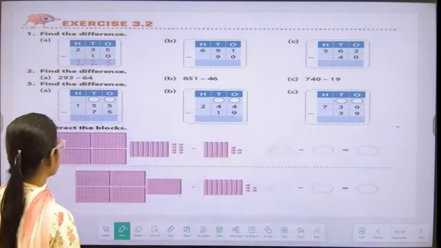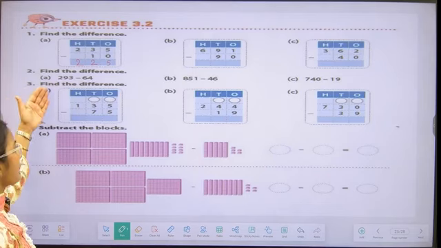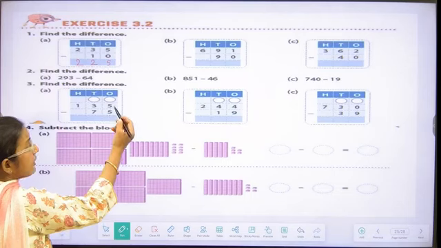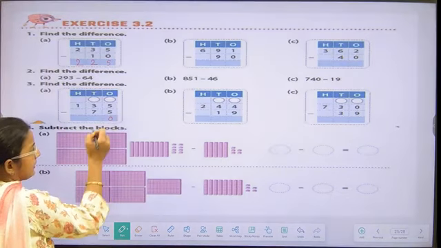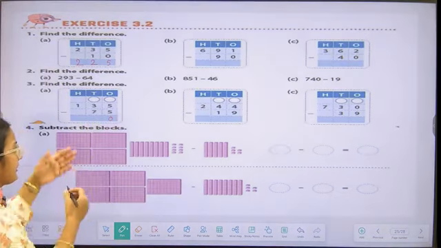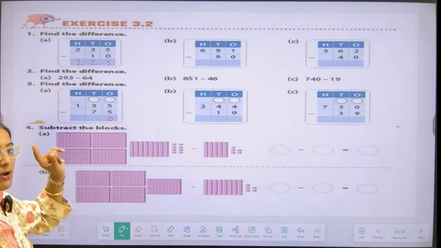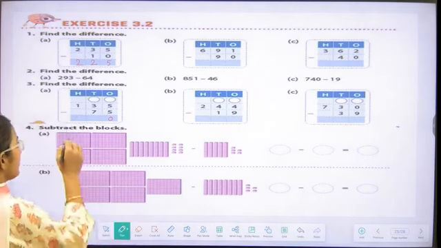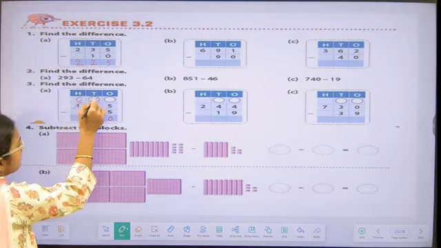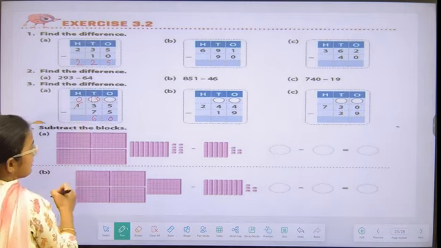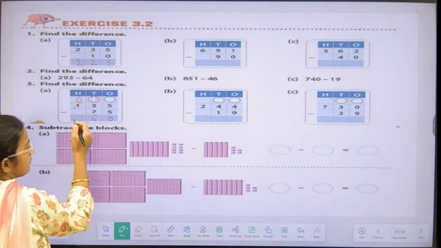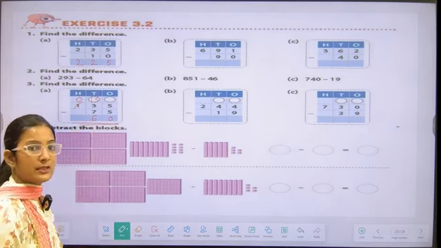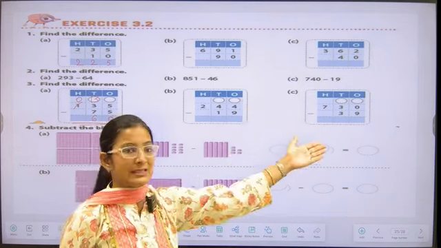Moving to the next question, again we have to find the difference. So as you can see, we can subtract 5 by 5. I am getting a 0. Now we have to subtract the tens block. 3 by 7, we cannot subtract 7 from 3. So we have to borrow 1 from hundreds. So it will become 0 and it will become 13. 13 minus 7, I am getting a 6. And we are having 0 over here. So we don't need to write anything. So our difference will be 60, student. Similarly, you can attempt the B and C part also.